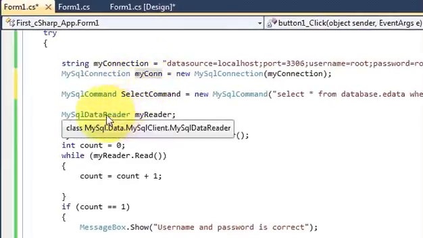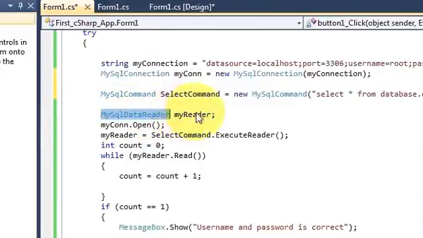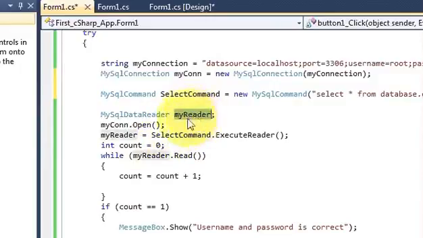Okay, then write MySQL Data Reader and give it a variable name. In my case I have given my reader, and then just copy this mycon and paste it here, dot open bracket and bracket closed. Then copy this my reader here and paste it here, is equal to select command, which is this variable name, dot execute reader bracket and bracket closed,